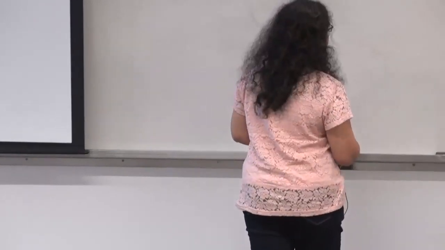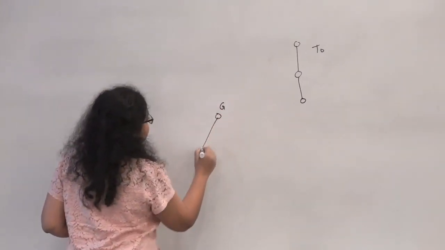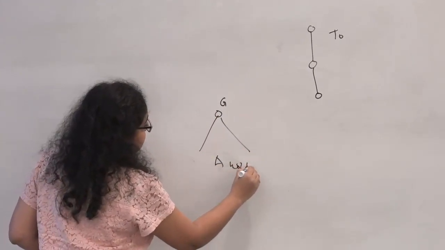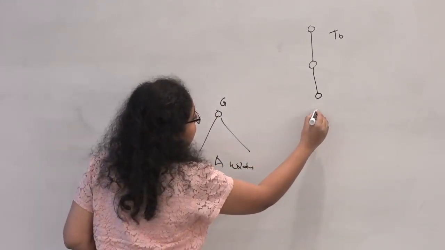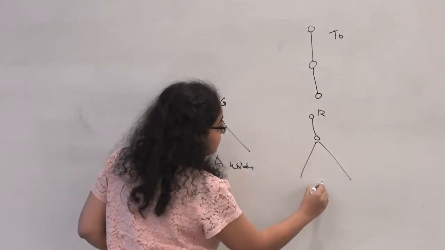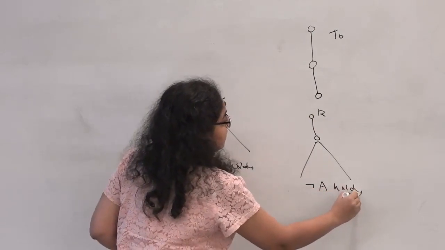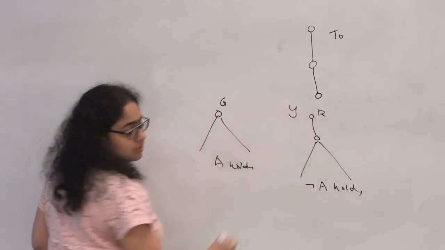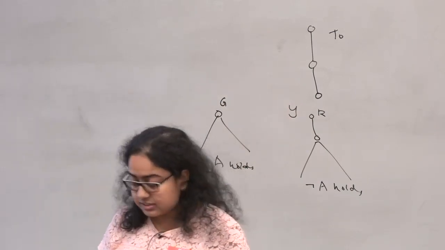When do I say that a tree gets classified into green? When it satisfies property A. So there is a node somewhere inside the tree that has exactly one child and exactly one grandchild. I classify it in yellow if it's of the following form. So this is green if A holds. It's yellow if the root has exactly one child, and then A does not hold, so negation of A holds. Okay, so this is the structure for yellow. And then everything else gets classified as red.